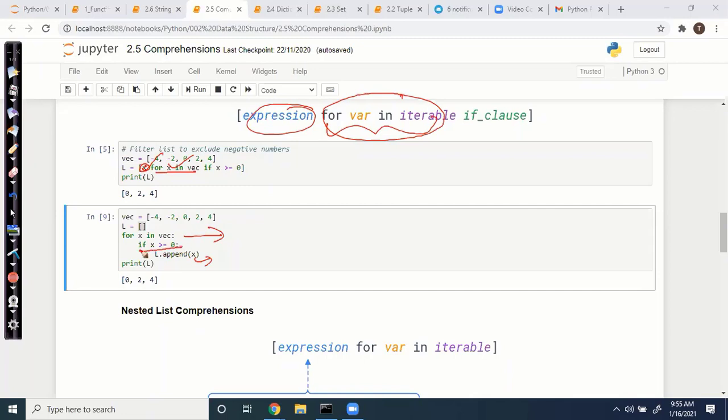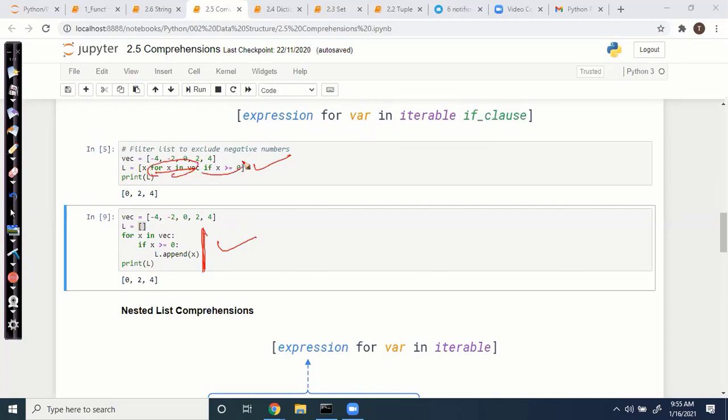So in this normal flow, we are checking some condition, an if clause. You have to specify the if clause at the end. You can do comprehension like this with an if clause. The previous one without an if clause we have seen, and now we are seeing it with an if clause. The same logic without comprehension is done here, while with comprehension we do it in a single line with for loop and if clause.